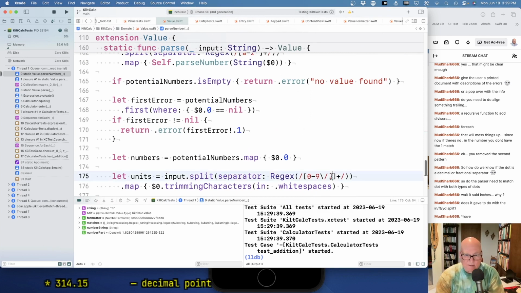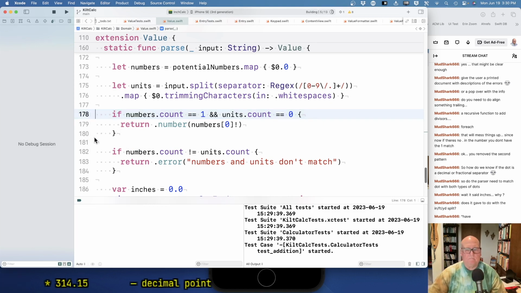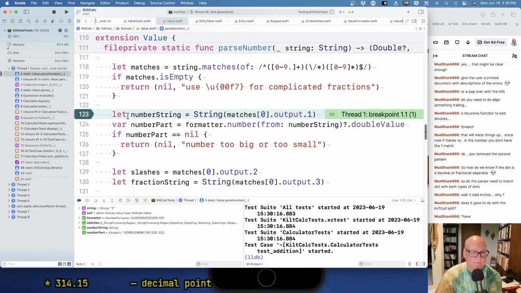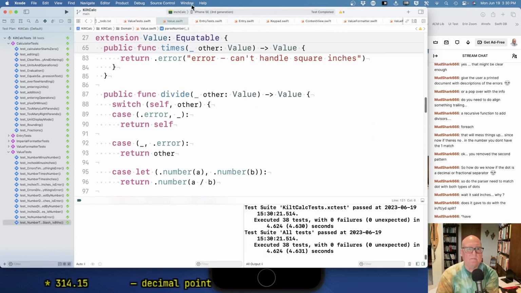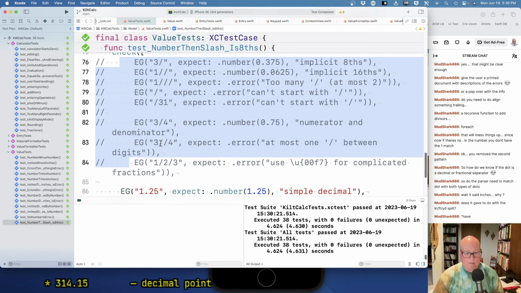But I left out the dot here, so it thought the dot was still a unit character. All right, am I running? Okay. So this one,